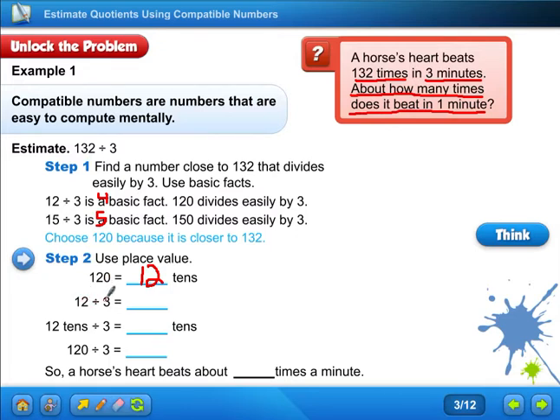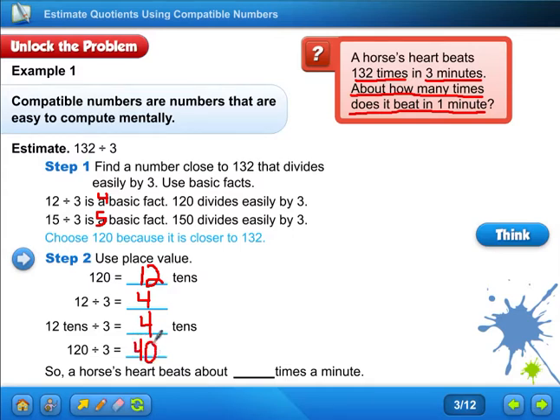So 12 divided by 3 is, we did that up there, 4. Because we think 4 times 3 equals 12. If you do it backwards, sometimes it's easier for us. So 12 tens divided by 3 equals 4 tens. So now they got rid of the word tens here and they got rid of the word tens here. So they're saying 120 divided by 3 equals